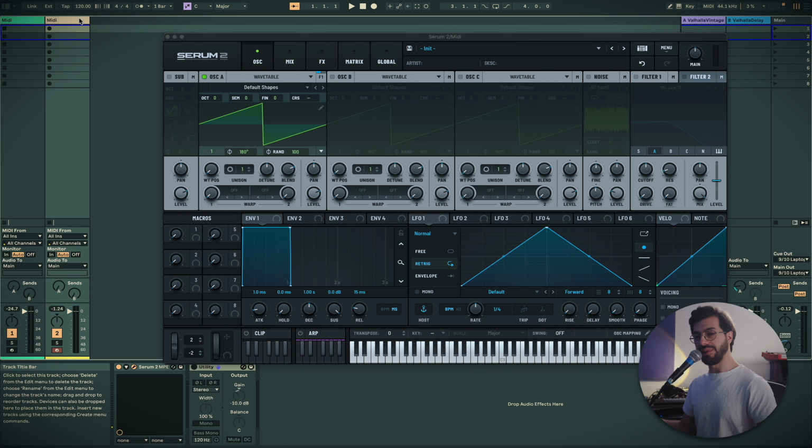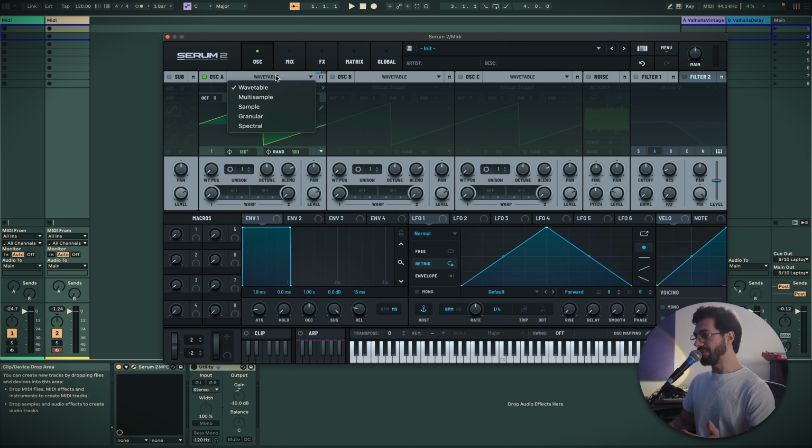So if we take a look at Serum, if you've never seen it before, it's a fantastic synthesizer plugin that you can do a lot with, now even more so. They originally started with wavetables, and now have included things like multi-samples and granular. It did have a little access to samples, but you would set up a sample as a wavetable and you'd have to play through the wavetable to almost get a similar played version of that sound in Serum. Whereas now you can just go into the actual sample section and pick out